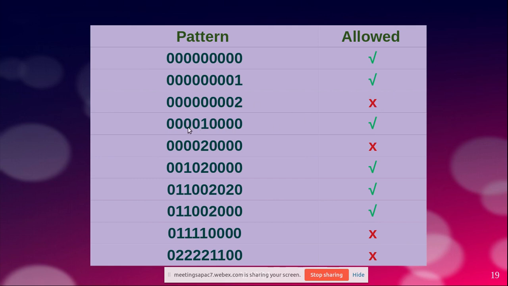Only one, others zeros. That means player one started the game. Done. Player two started the game. Not possible. Player one is one, player two is one, others are zero. That means one round by player one and one round by player two. Yes, first player one played, then player two played. Not a problem. Player one played, player two played, then player one played, player two played. Not a problem.